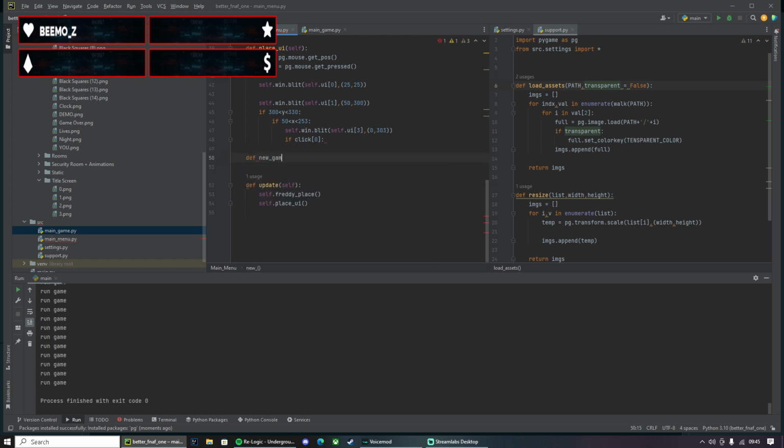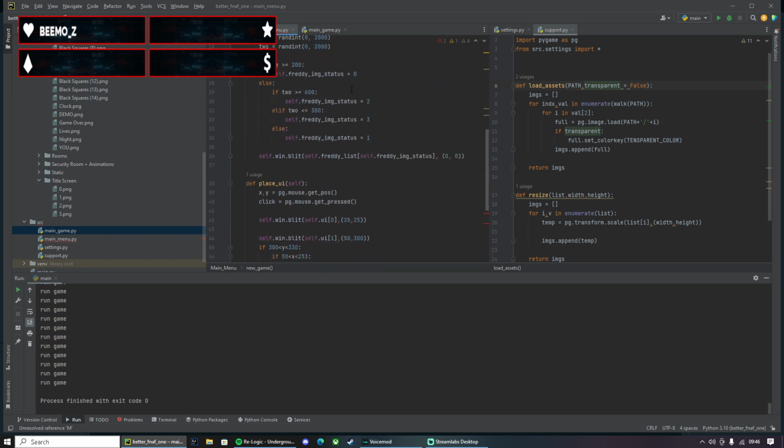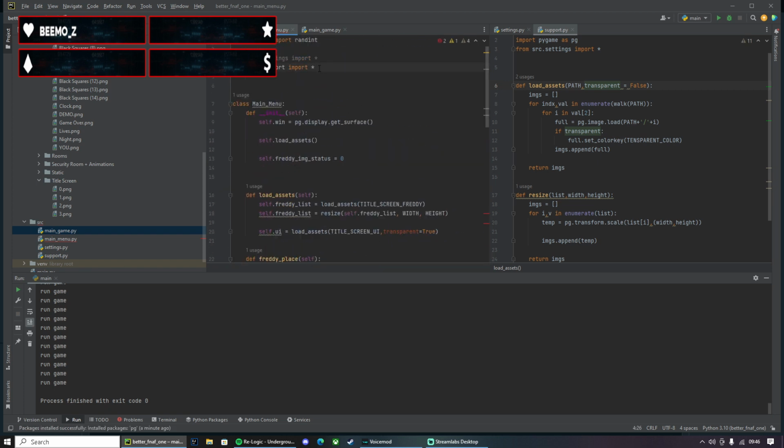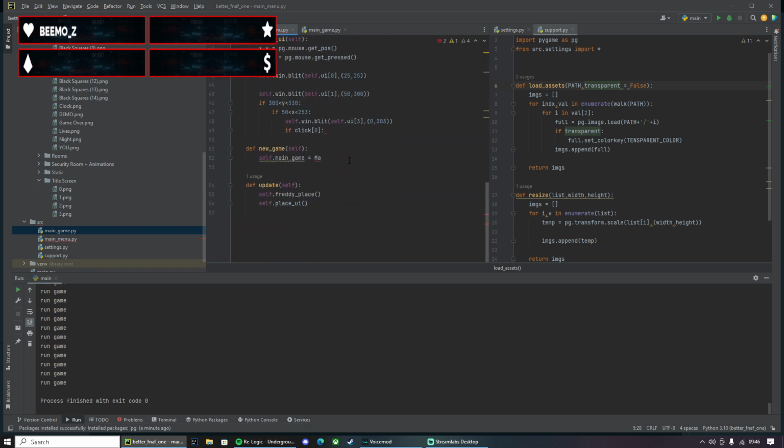Def new_game, and that is equal to self dot main game as equal to main. We need to import main game. Import all of the main game.